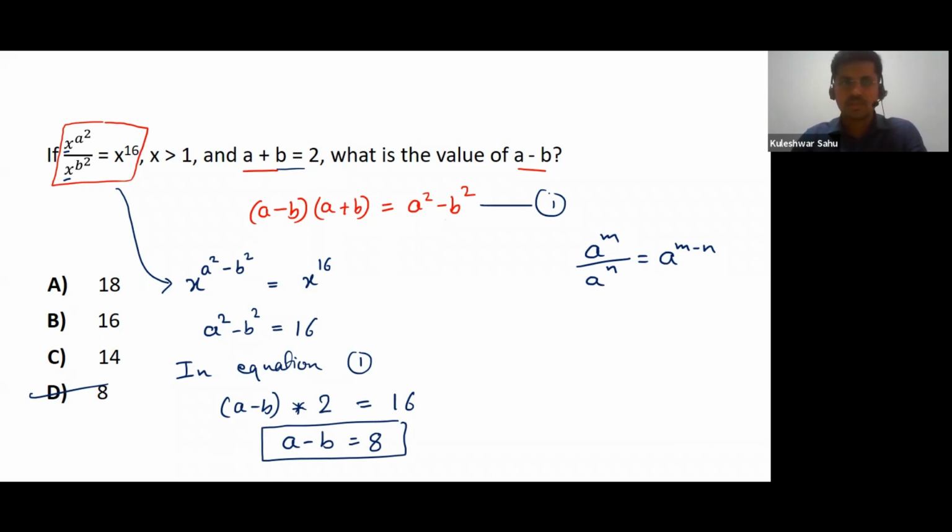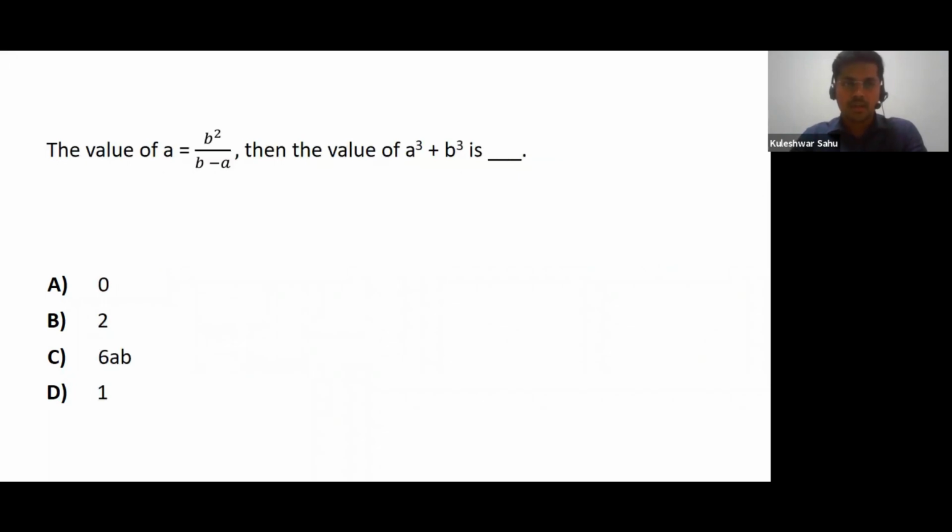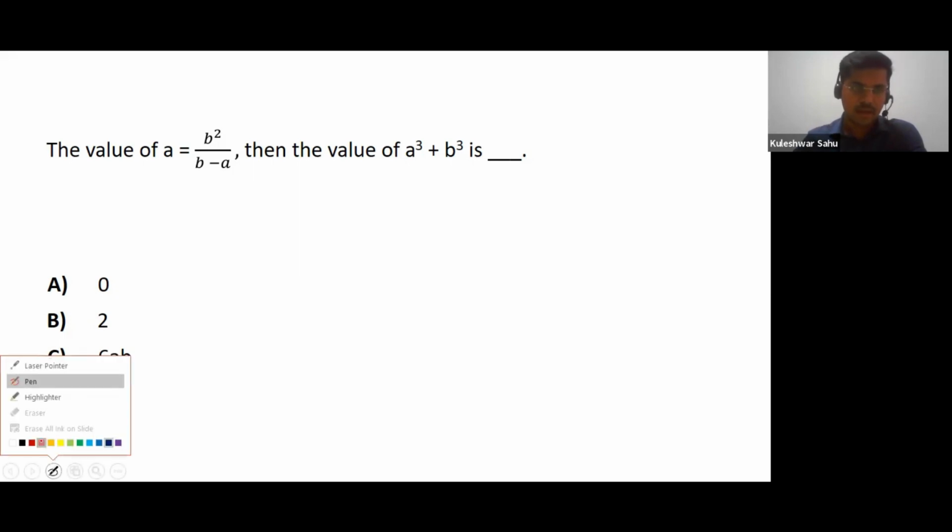Let's move to the next question. The question says, if the value of a is equal to b square by b minus a, then the value of a cube plus b cube is. Now, there are various formulas for a cube plus b cube, but the formula that we are going to use in this particular question is a cube